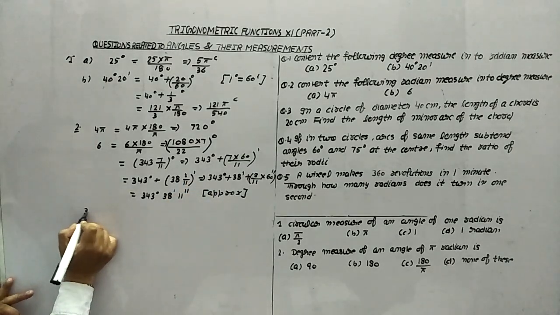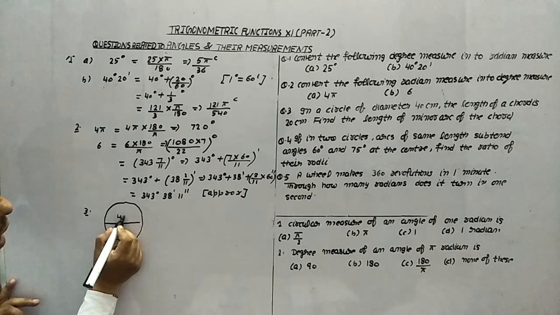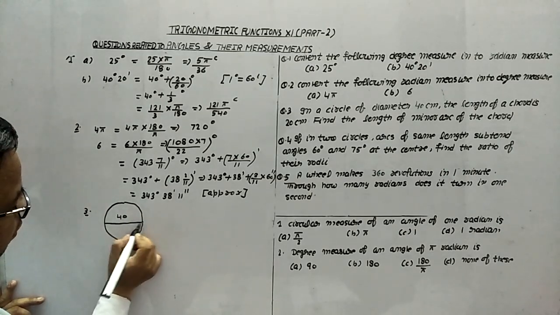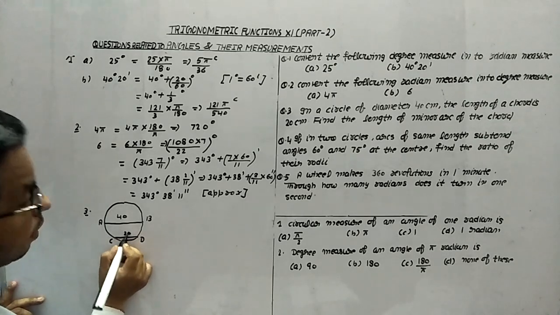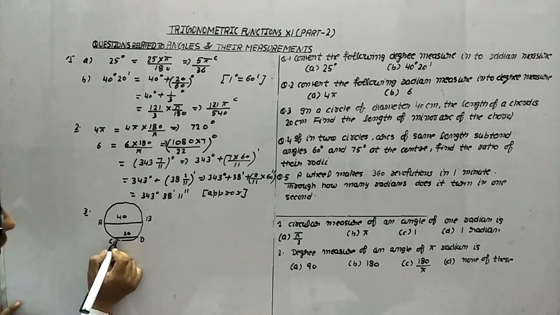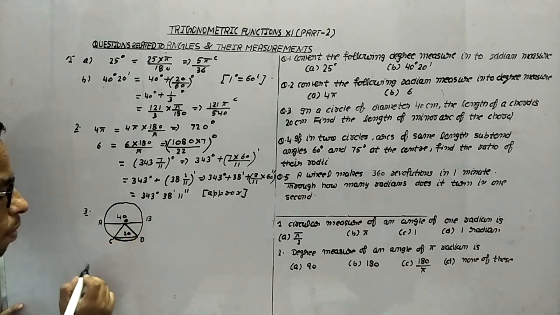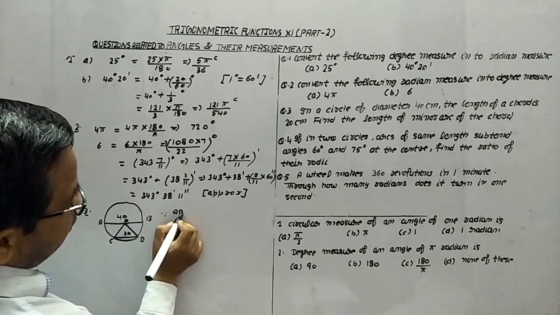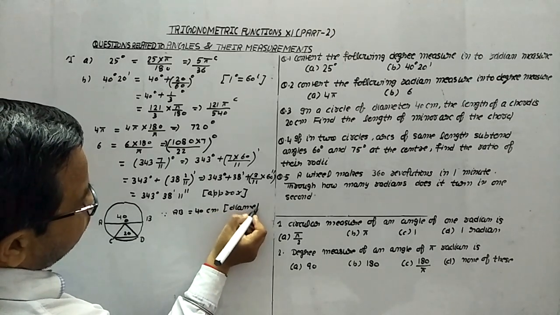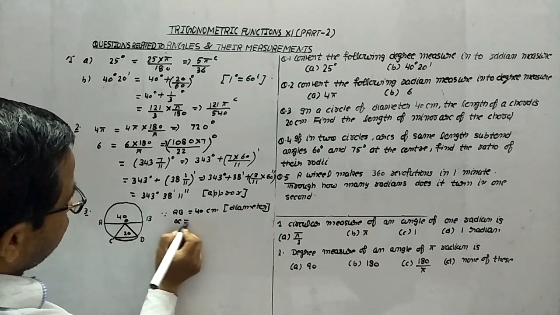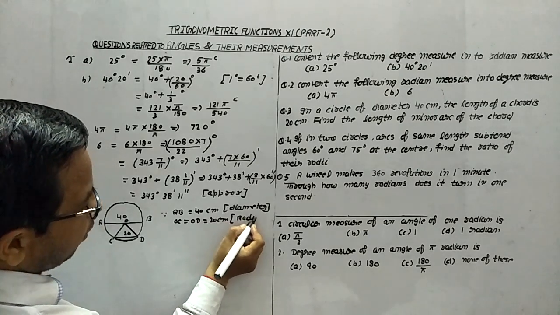Now in question number 3, we have a circle in which the diameter is given. What is the diameter? 40, and now the length of the chord is 20. So if this is the diameter, we are considering this is the chord CD whose length is 20. Now we have to find the length of the minor arc. This is the minor arc. From the center, join this. Now this is O, because AB is the diameter, which is 40 centimeter. So we have OC equals OD equals 20 centimeter. Reason, because this will be the radius of the circle.